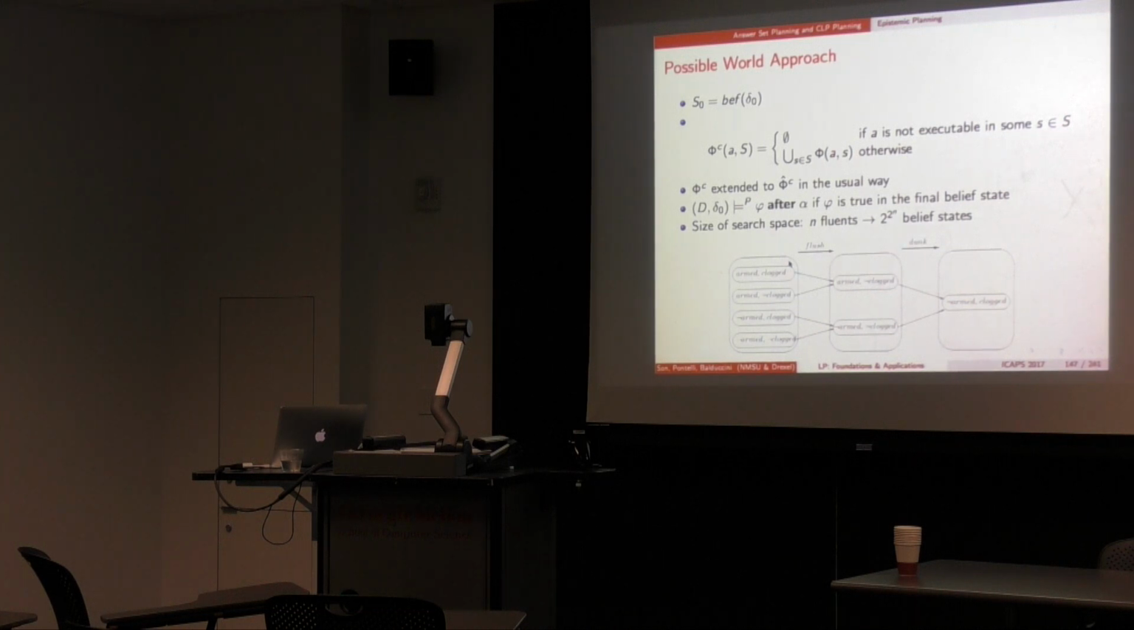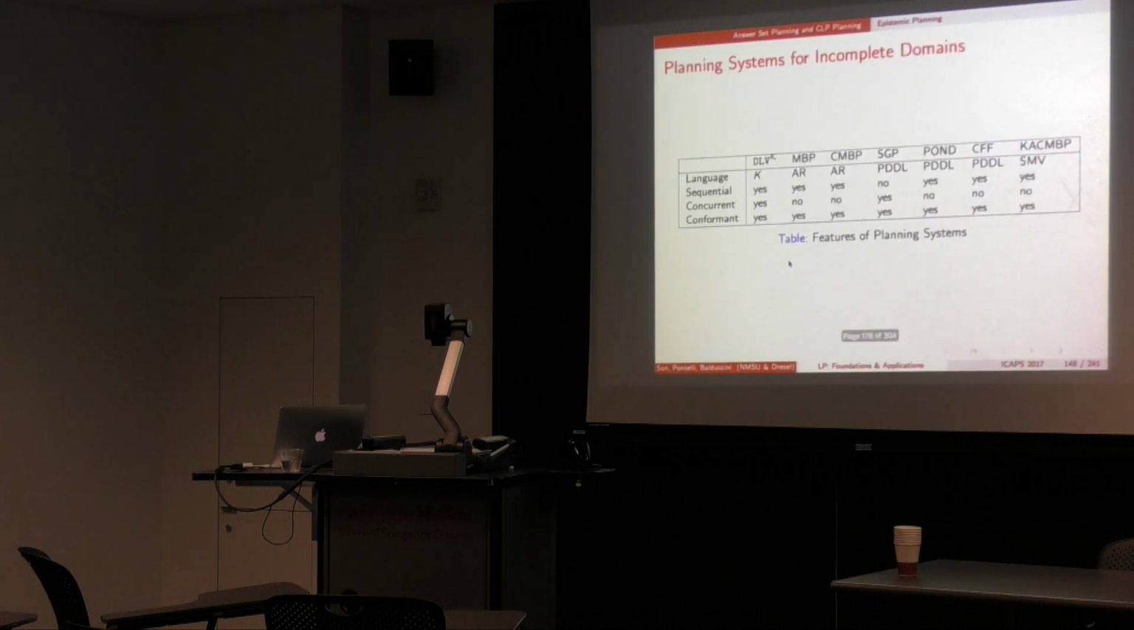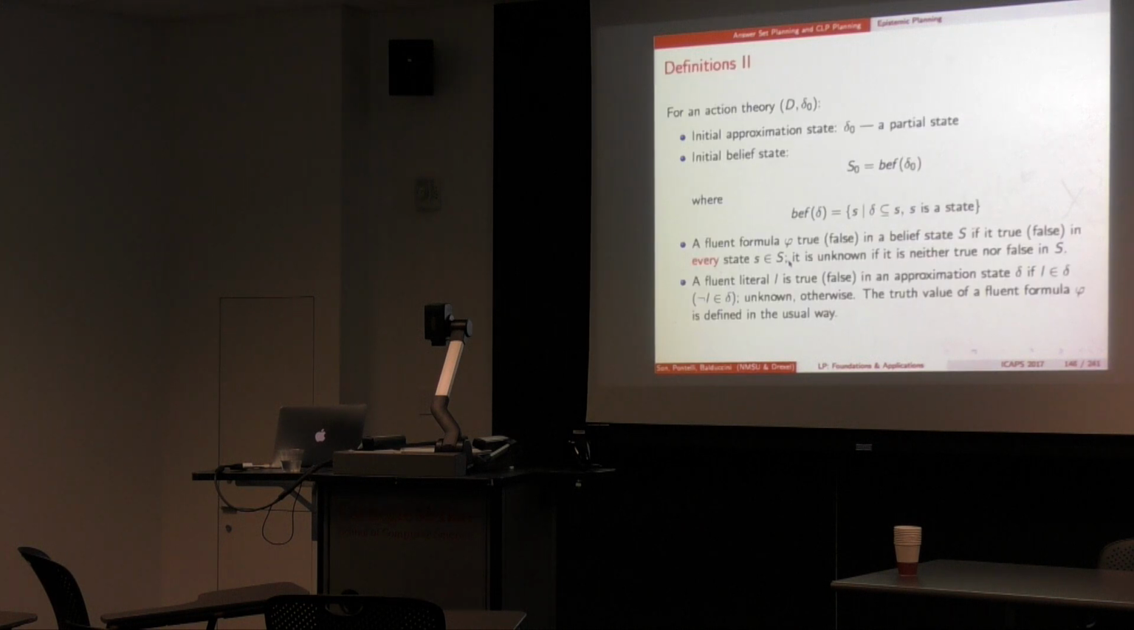So here we have four possible states. Flush is the action that can be executed in all of them. From here it gets to this one, and from here to this. So as a resulting state, if we execute the action flush, it will get to this one. The saving here is that instead of 2 to the n states to search for the plan, as in classical planning where we would have to deal with 2 to the n, we work with belief states. And for the approximation,